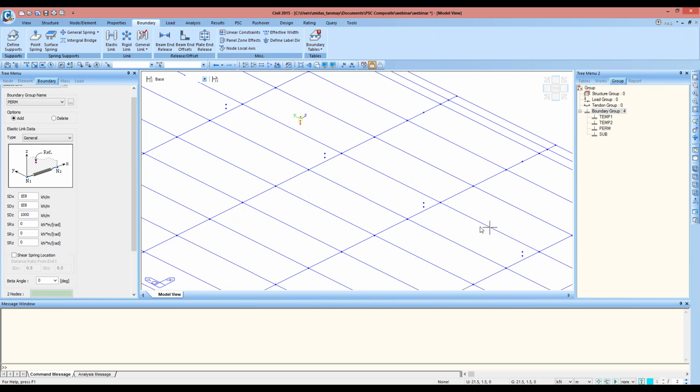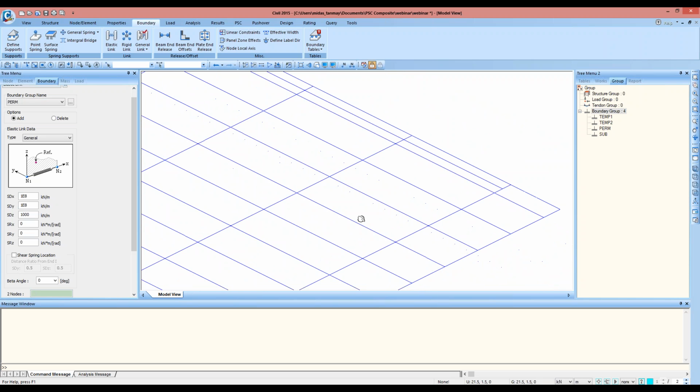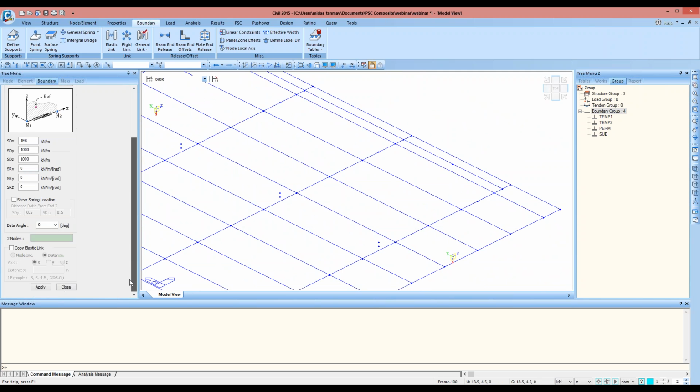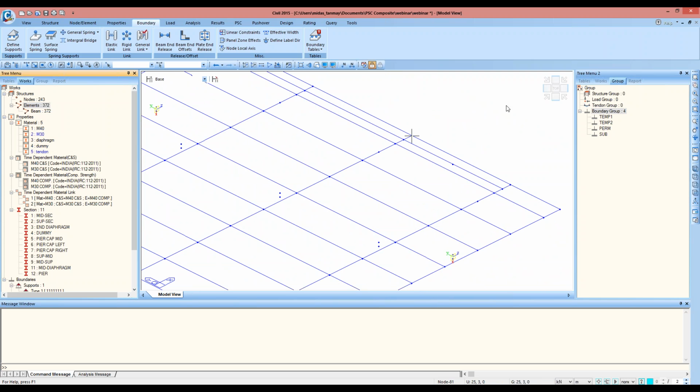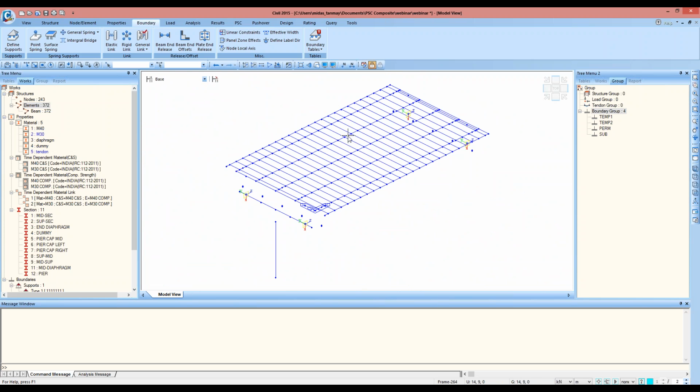And next, for these two nodes, I'll be allowing the movement in the longitudinal as well as the transverse direction. So I'll select the two nodes as this and this and close. So the boundary conditions for the permanent supports have been added, and now I'll define the conditions for the temporary